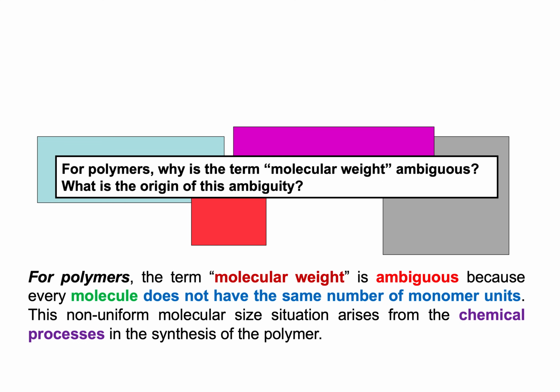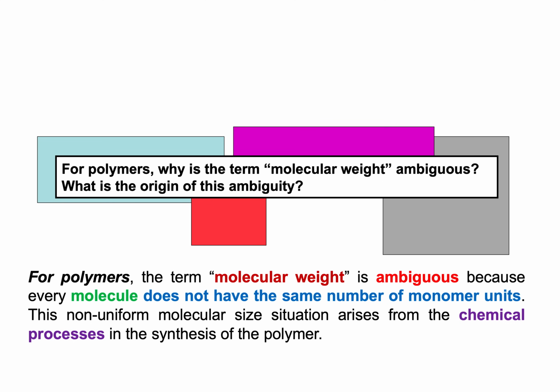So you can have, let's say, polystyrene, and inside the polystyrene you will have a lot of different polymers with different numbers of monomers, so different chain lengths. And that's why molecular weight is ambiguous in polymers. However, we keep saying that in order to identify a polymer, you need to know the molecular weight of the polymer and the cross-linking of the polymer. The molecular weight of polymers is not one number